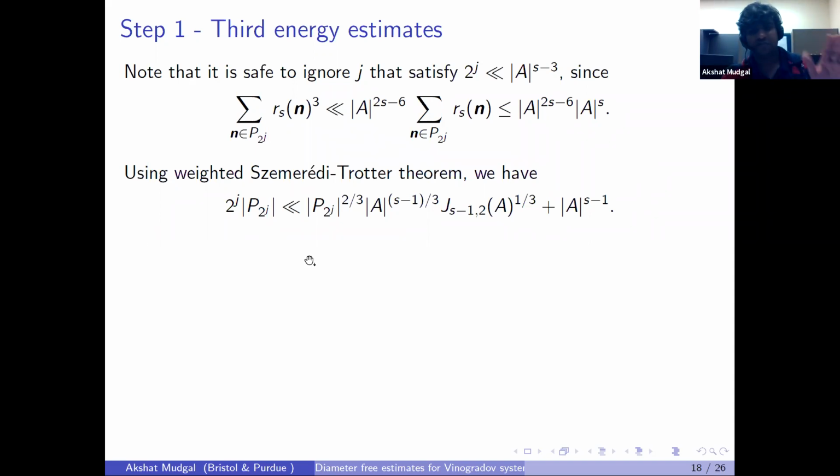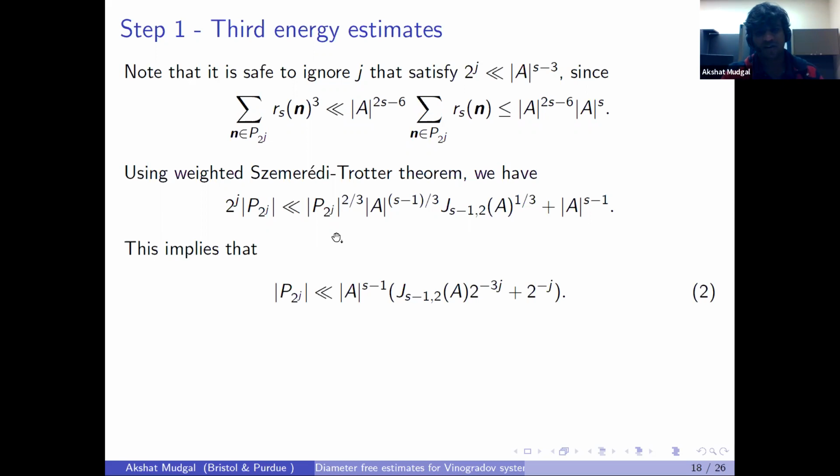And so our proof divides into two cases. What happens when this term dominates, and what happens when this term dominates? Simplifying exponents, the inequality implies that the number of tau-ridge points is bounded either by this main term or this error term. And usually, in these types of cases, if the main term is dominating,